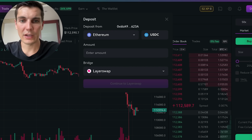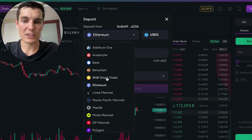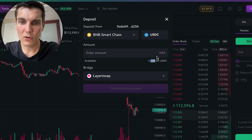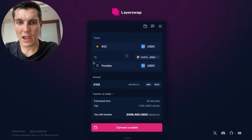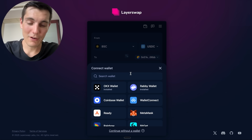Now I can click again on deposit, and if I select a BNB Smart Chain, we should see everything. Okay, as I did $100 before, and now I can deposit $5,100. I will have a little fee for the swap here on the bridge. Continue. I have to put it on their own blockchain, but as you can see, I need to have my